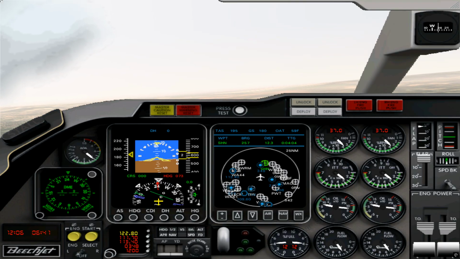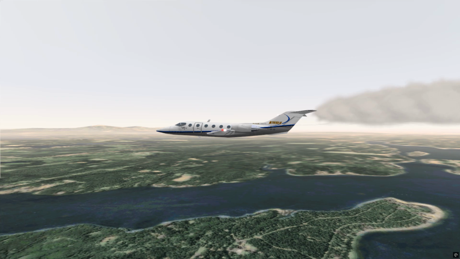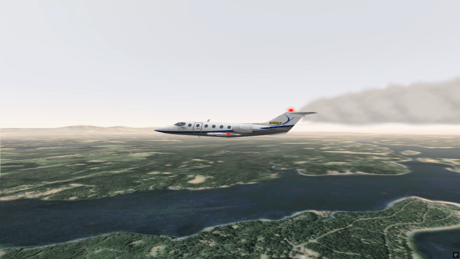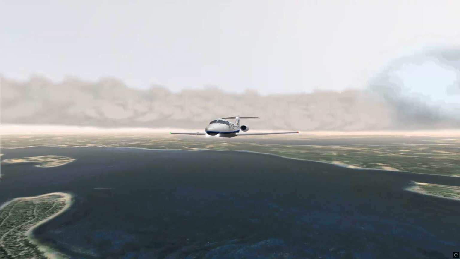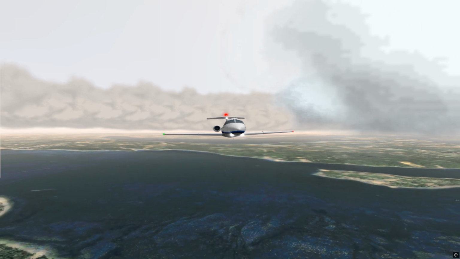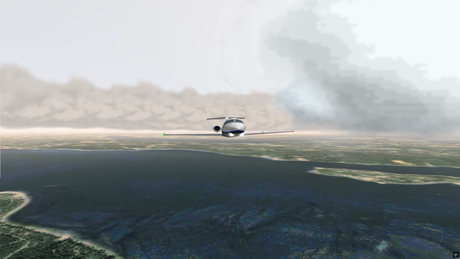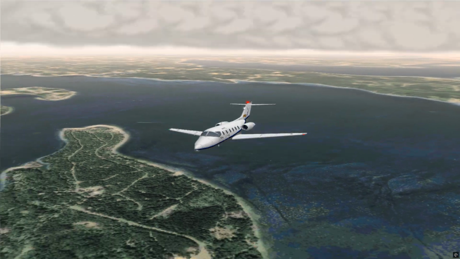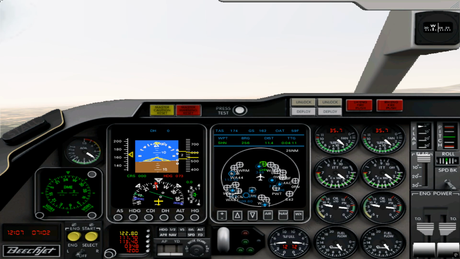I'm established inbound now, 180 knots. My landing lights are on for landing, as you can see from the outside here. I'll put them in the pulse mode. And now that we're inbound and our lights are on for collision avoidance, 240 degrees, 11 miles, we're going to